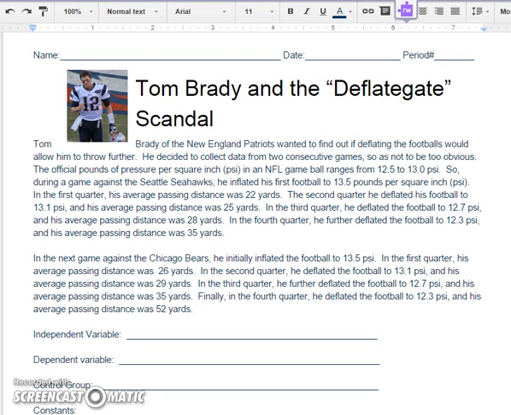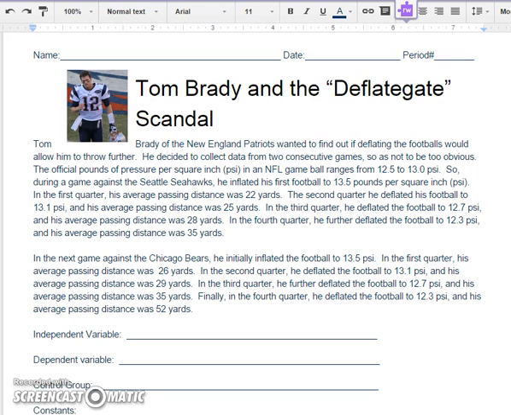In the first quarter, his average passing distance was 22 yards. The second quarter, he deflated his football to 13.1 PSI, and his average passing distance was 25 yards. In the third quarter, he deflated the football to 12.7 PSI, and his average passing distance was 28 yards. And in the fourth quarter, he further deflated the football to 12.3 PSI, and his average passing distance was 35